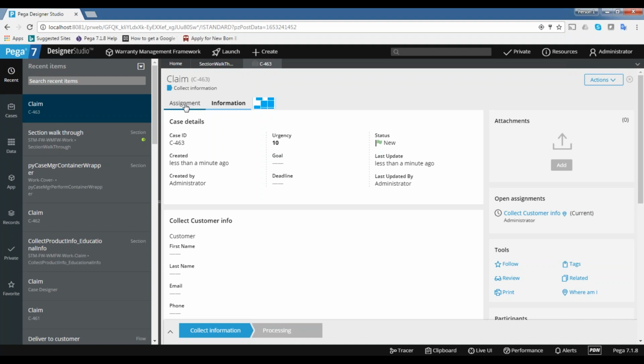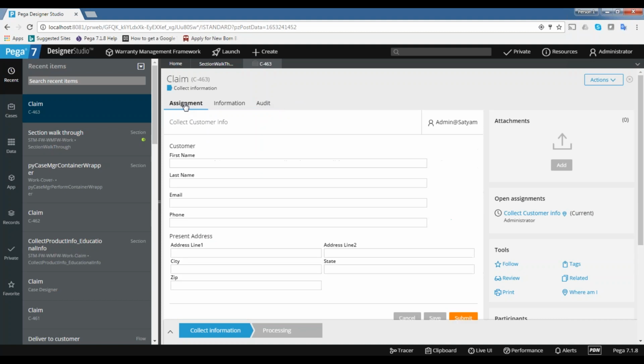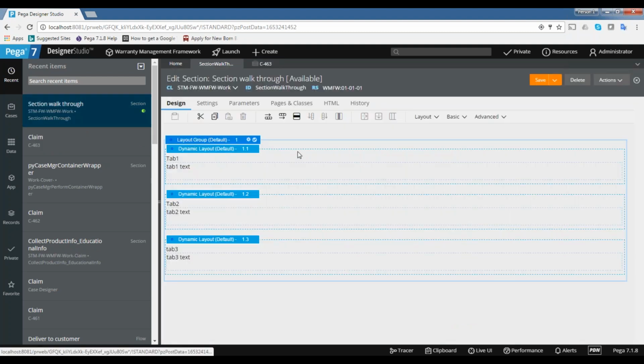These are implemented using the layout group concept internally. So all these 3 are a layout group, inside which they have used assignment, information, audit. In the same way.